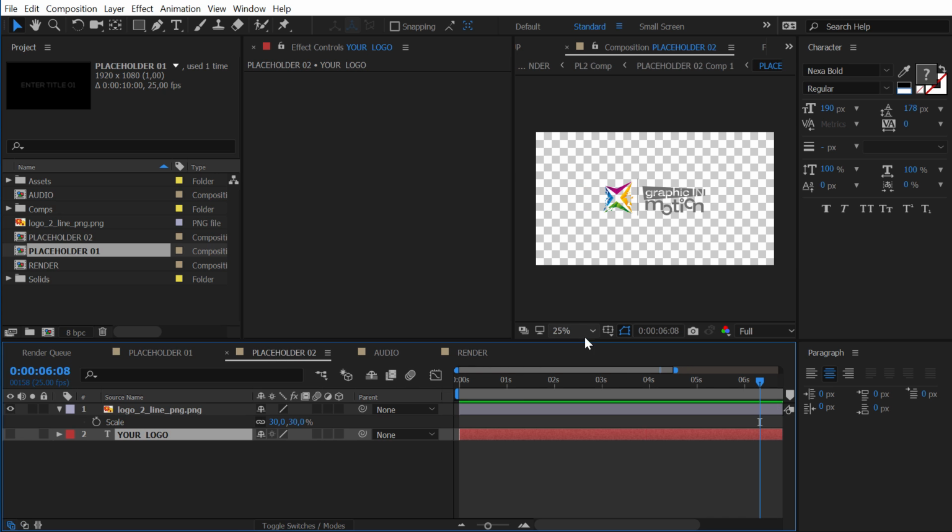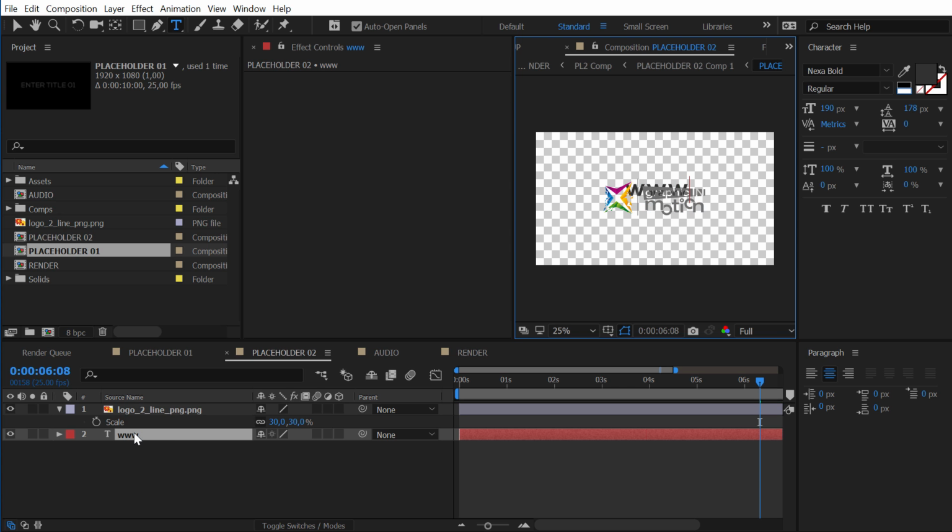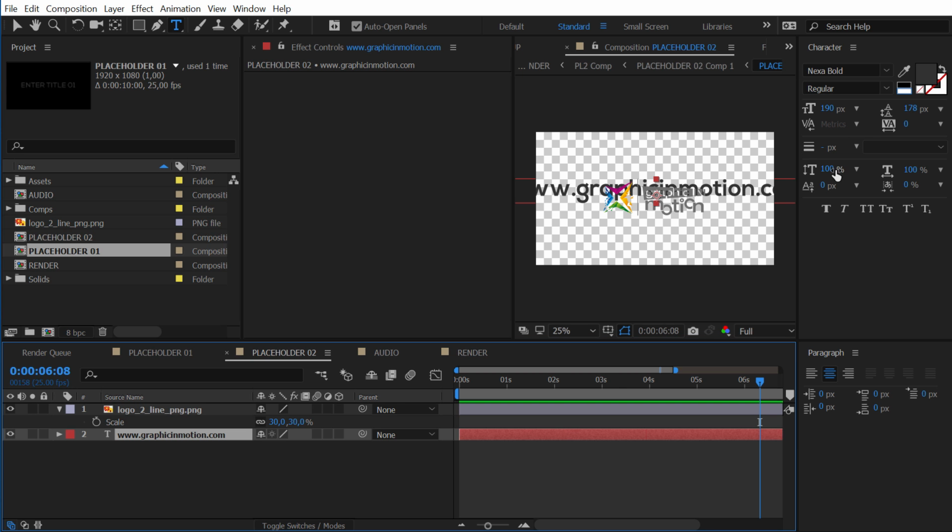So let's take a look at the second placeholder. You can also of course add a subtitle here, and therefore you could use this text layer that is already created. So let's enable this again. Let's double click here and I will write graphicinmotion.com, and I will just make this way smaller